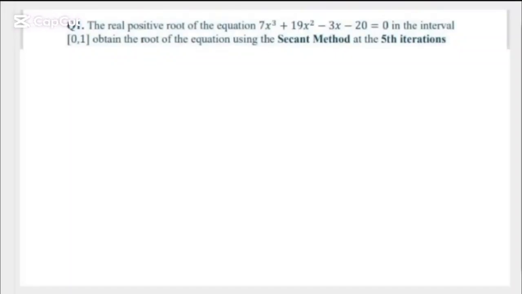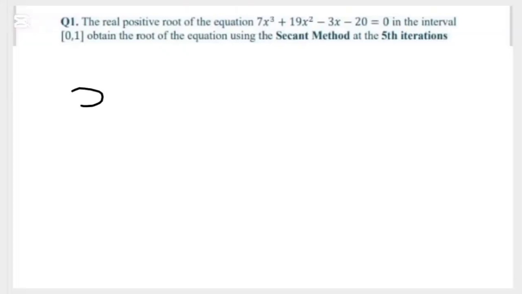The real positive root of the equation 7x cubed plus 19x squared minus 3x minus 20 equals 0 in the interval 0 and 1. Obtain the root of the equation using the second method at the fifth iteration. So we have to first write down the second method iteration formula, which says x